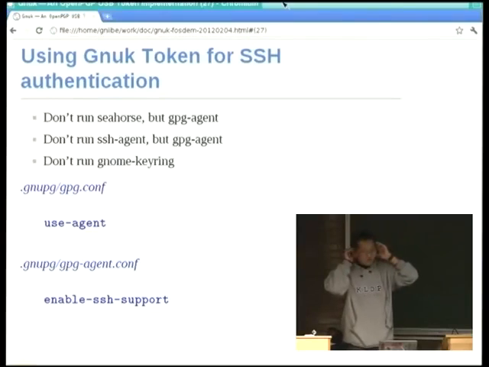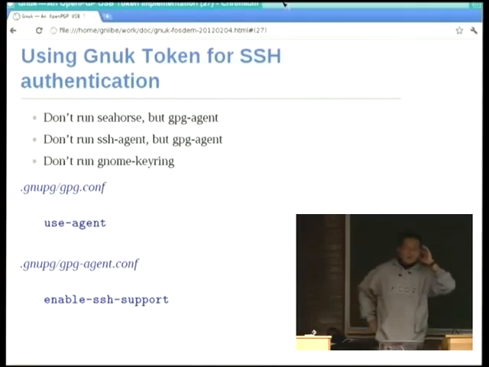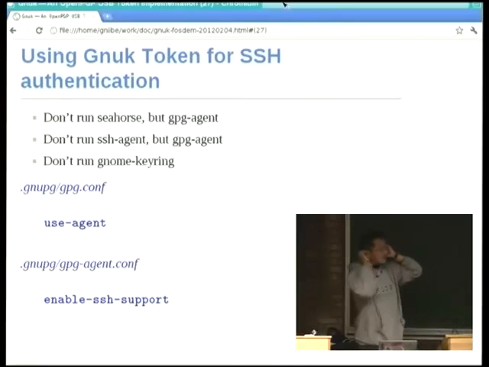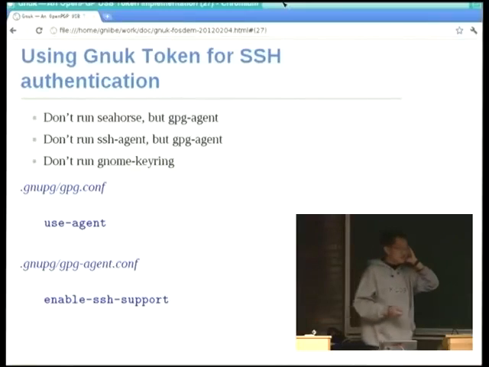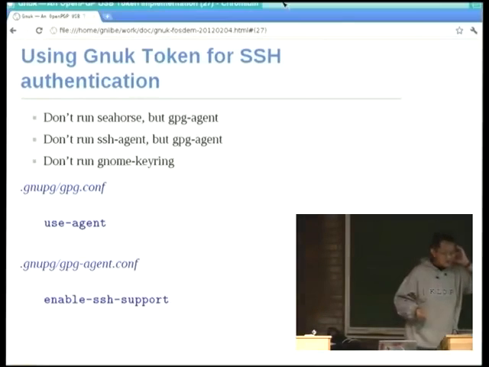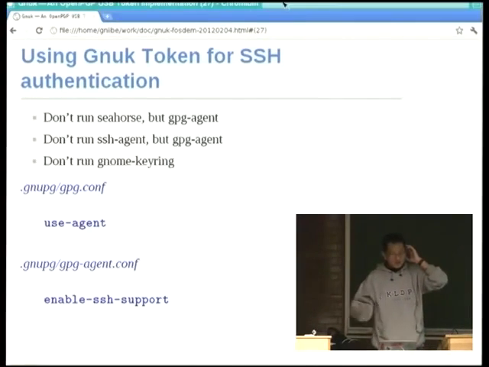Before development of Gnuk token, I didn't know the way of using GPG key for OpenSSH authentication. It is not that common, but we can do it. When we use Gnuk token or OpenPGP card, it is considered very convenient, because we only have a GPG key, and we can bring secret keys somewhere. Yes, but the configuration or settings of SSH using GnuPG is somewhat